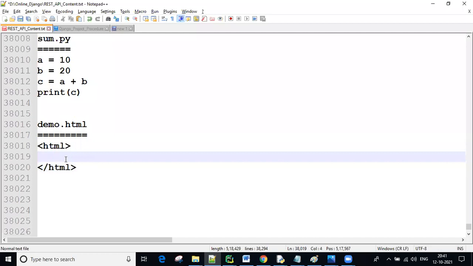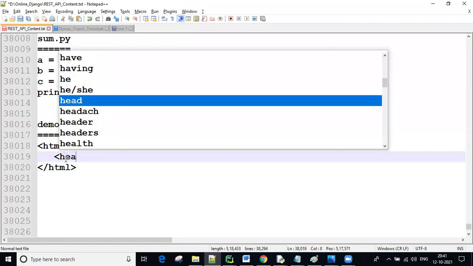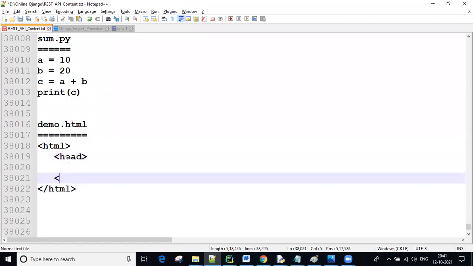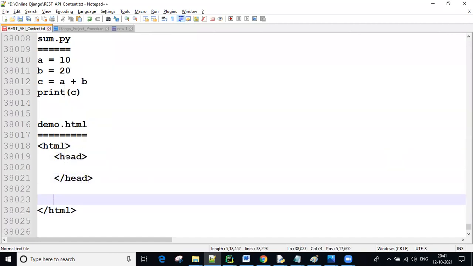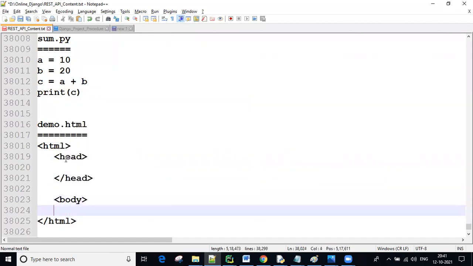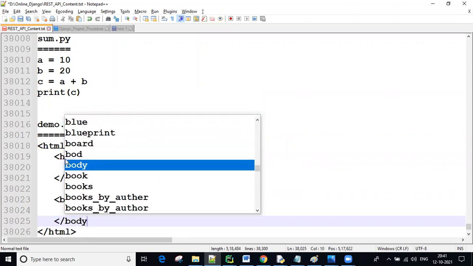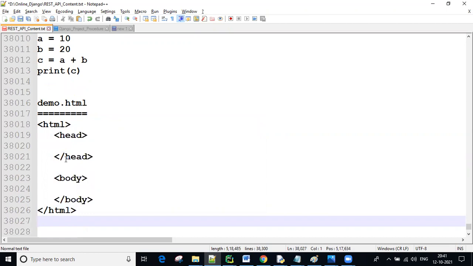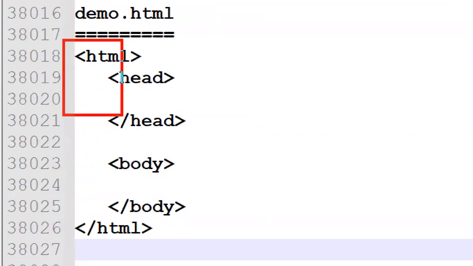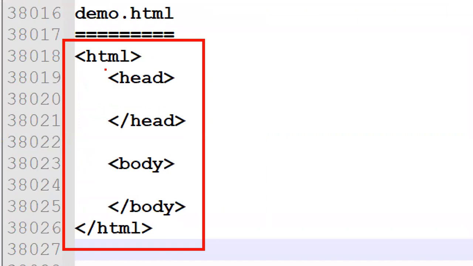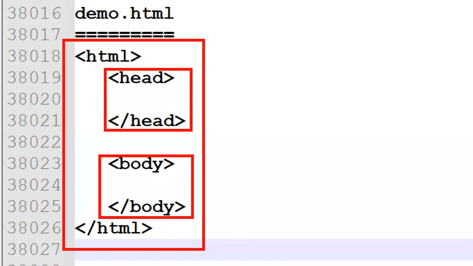Inside this HTML, guys, there are two major children. One is the head tag, guys, and immediately you need to close this head. Another one is the body tag, and you need to close this body. So this is the HTML basic behavior, guys. HTML is a parent tag. In between, there are two major tags, one is the head and another one is the body. Now here, some different tags you can write. What tags we are writing, I will tell you, wait.